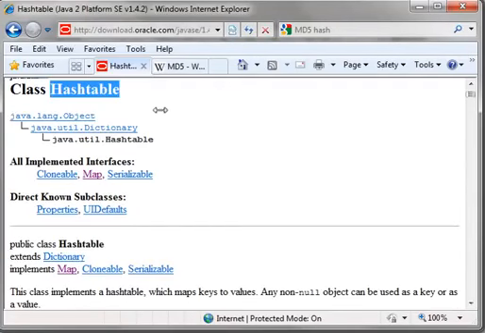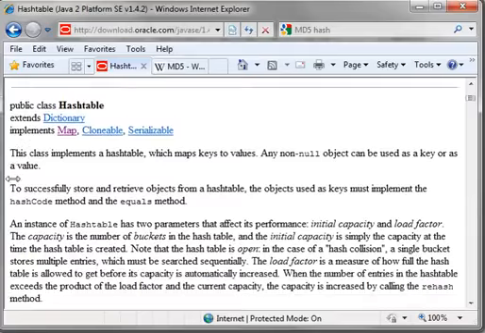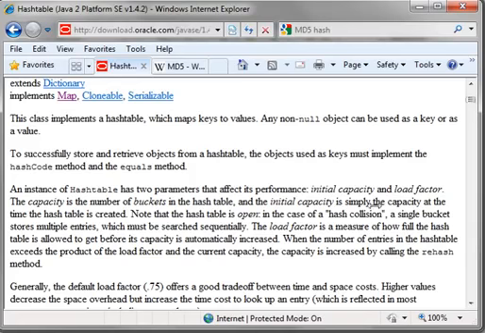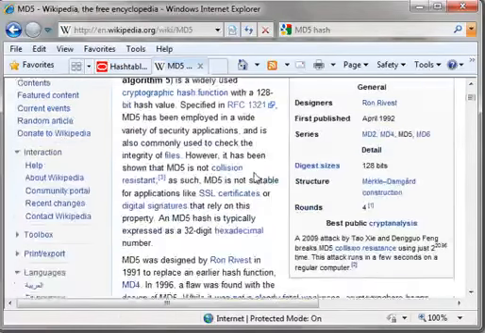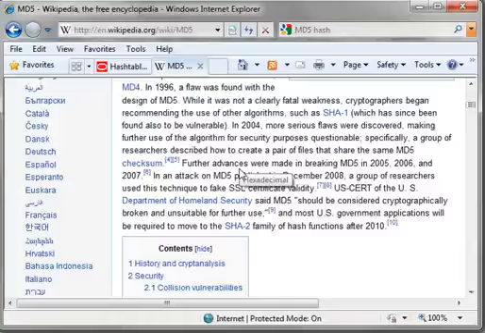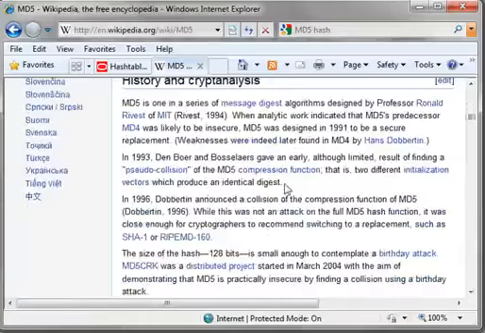Well, a hash table takes the key, and if you kind of drill through the API here, it'll take the key and it'll turn it into a hash code. Now, what's a hash code? If you just look up MD5 on Wikipedia, you can see that it is a hash. Now, what's a hash? A hash is a